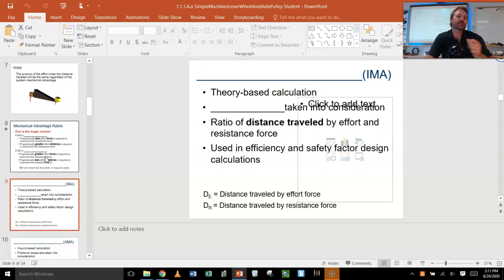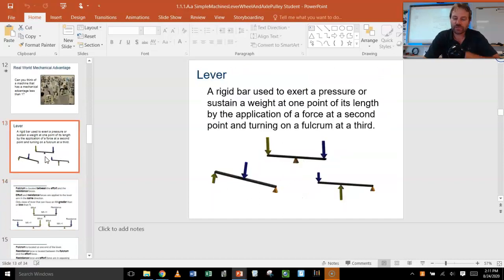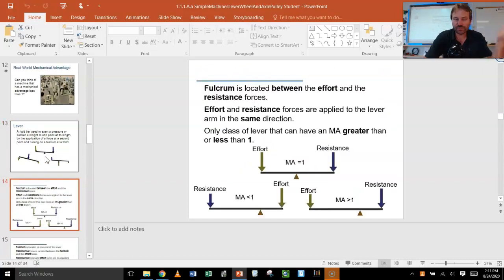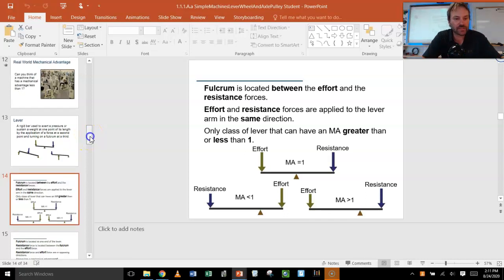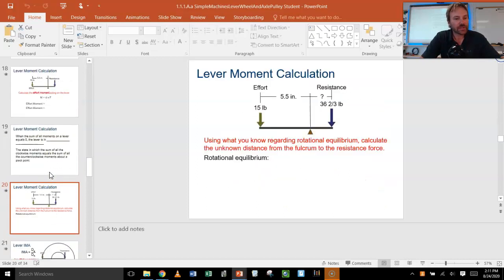We talked about our different types of levers: first class, second class, third class. First class was like a seesaw, second class was like a wheelbarrow, and third class is like a spoon that you'd fling, where the pivot's on the end and the effort force is in the middle. And then we're going to talk today about